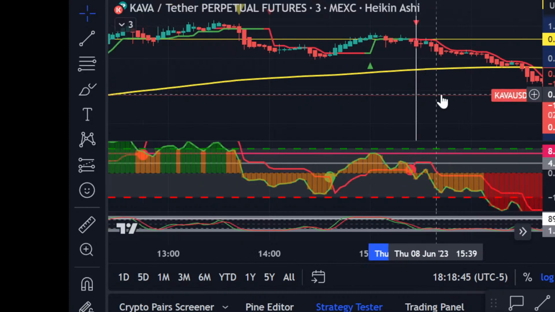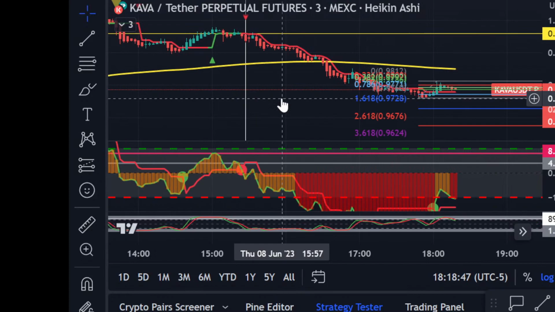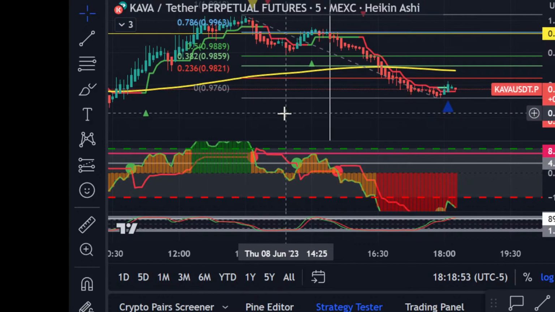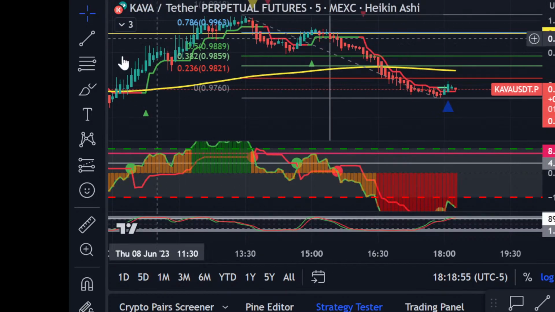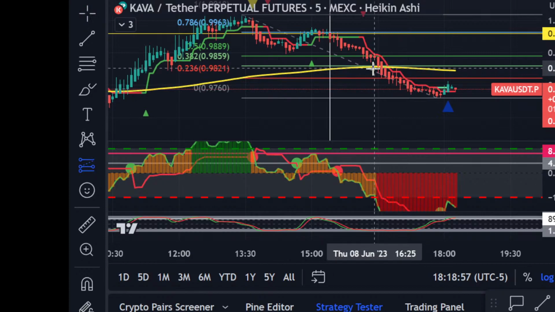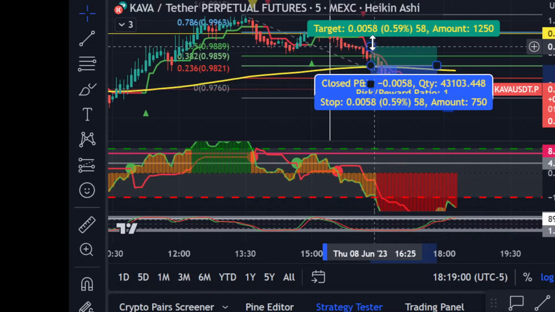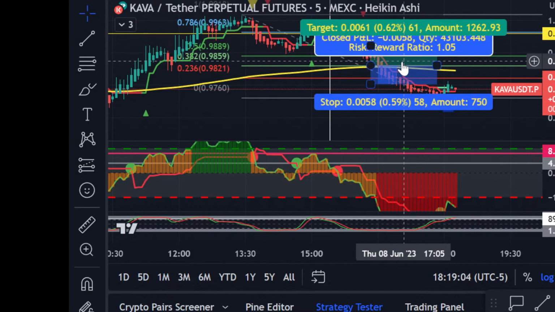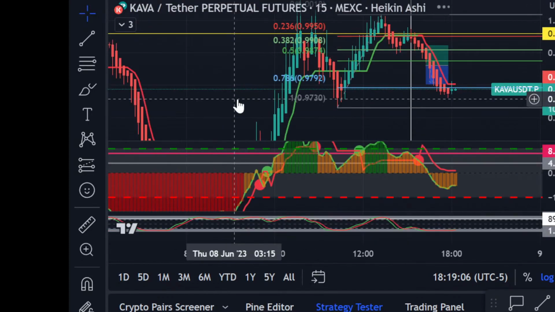Now, I already know at this point that this pullback isn't going to be that long of a pullback, so this is where you can look for targets, right? So now, my target is the 5-minute 200 moving average, right? That's my first target. I look at that, that's a 0.5%, I can get 50%. I rotate to my 15-minute,